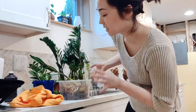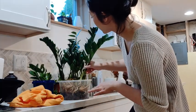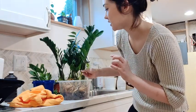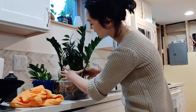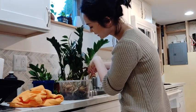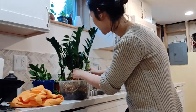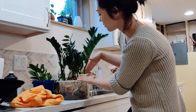So this container is clearly pushing the limits, but I'm just going to keep going with it. Normally, I've found that when I'm potting something up in LECA, it's easiest to keep everything bundled. So put an initial layer of LECA, bundle everything together, and then pour around. But because this has so many roots, I've actually been able to arrange it, which is nice. Then I'm going to pour LECA around it and